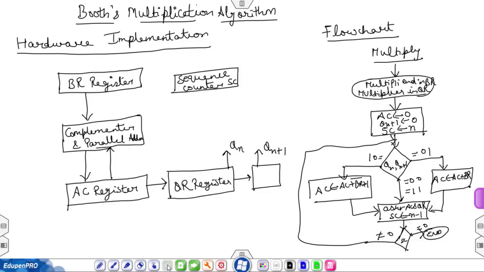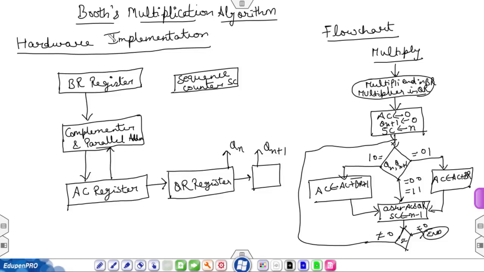It operates on the basis that strings of zeros in the multiplier require no addition but just shifting, and it is used where we have to multiply signed numbers that are represented in 2's complement form. It requires examination of the multiplier bits and shifting of the partial product prior to the multiplicand being added to the partial product, subtracted from the partial product, or left unchanged according to the following rules.